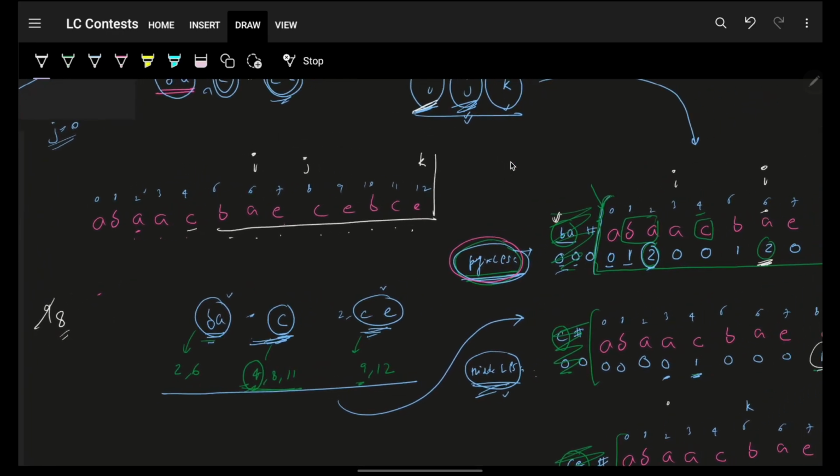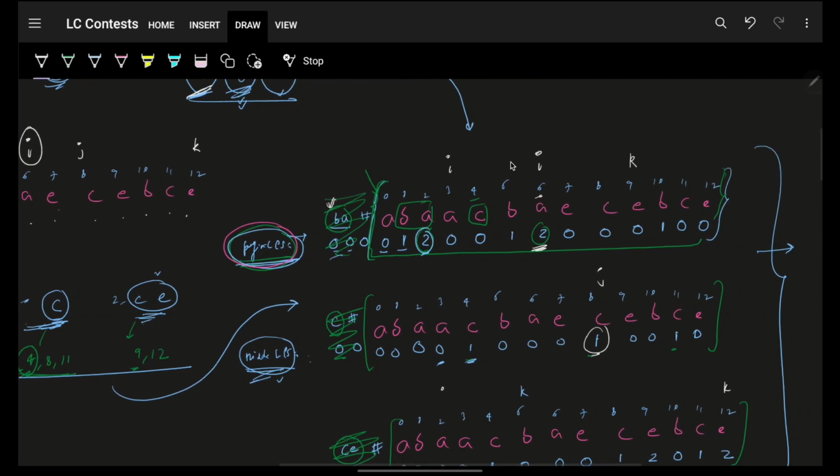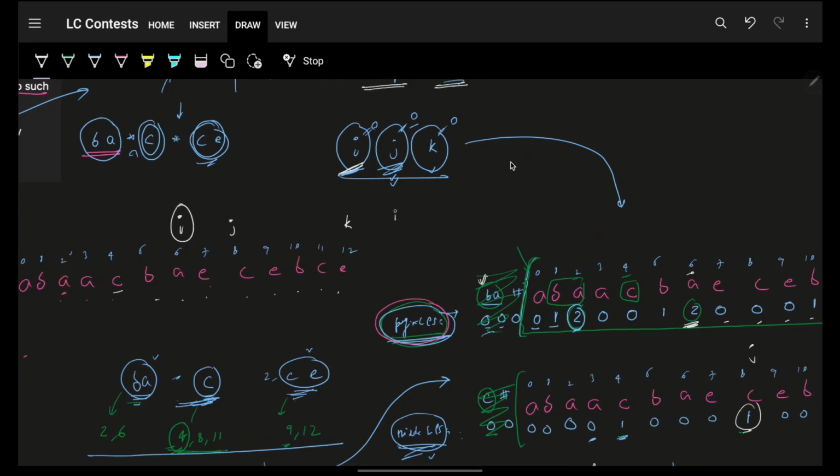I will try to move my I again. As I move my I again, my I is at index 6. Now try to move my I until you get a 2. Here I have a 2. No, wait, I reach the end. As soon as my I reaches the end, I should actually break, which means I should stop my computation,